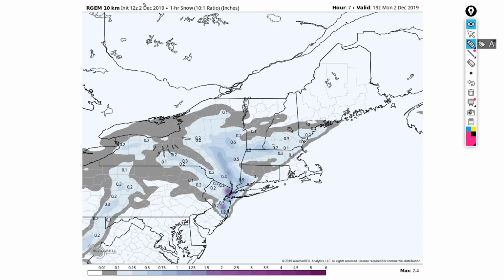The next model we have here, a little bit lower resolution. This is the RGEM. This is a Canadian model. You could see very easily defined this band right here of snow. This one's oriented, I think, a little too much north to south. I think it's going to be a little more this way as compared to north to south. I believe it's going to be northwest to southeast oriented, especially with our low pressure developing. I think it'll be connected to the low pressure and really be within these areas, but much more easily defined